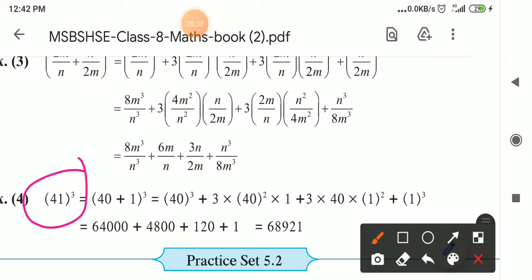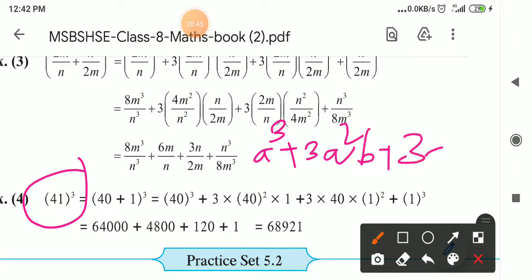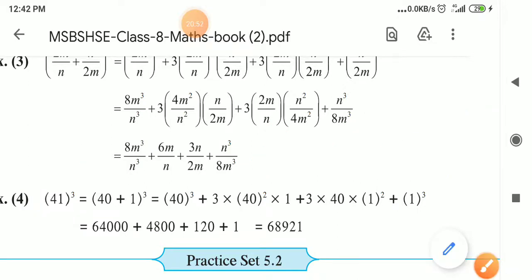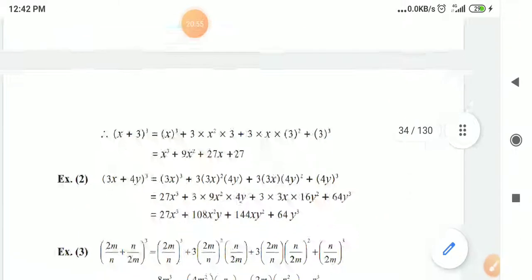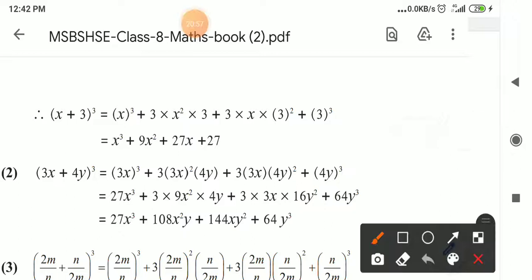That is, a plus b brackets cube is equal to a cube plus 3a square b plus 3ab square plus b cube. Okay, so in this way all of you solve the practice set. I hope all of you understand, but only one mistake I had done because of some screen problem. Here I told you 18, but there you do the correction. Here it was 27, because here 3 square is 9 and 9 3s are 27.